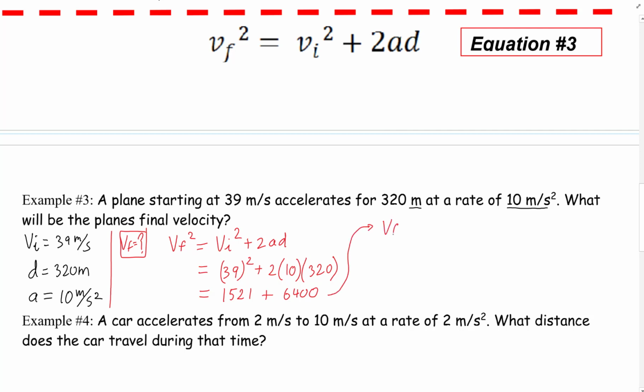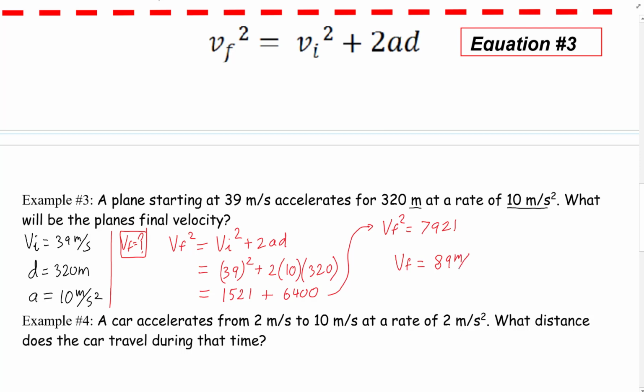So we get VF squared is equal to 7,921. So pulling out Mr. Calculator and square rooting that, you get VF is equal to